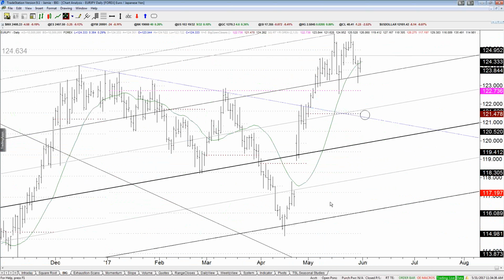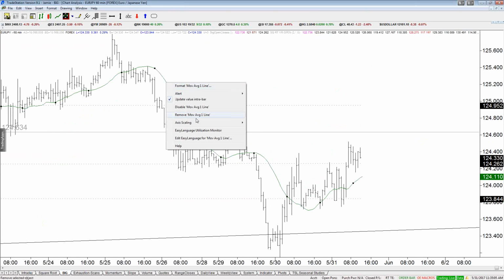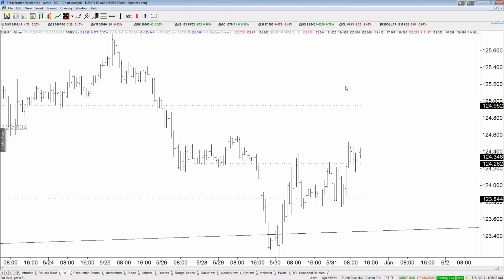Okay, so that brings us to some of the crosses. Euro yen. Look, generally, I lean towards buying euro. But right now, there's certainly some short-term possibilities for euro, right? It's in a fourth wave. That's always very difficult to deal with. So I don't mind looking at a short on something like euro yen. All right, we had this chart last night with a 1, 2, 3, 4, 5. Looking for A, B, C, it would seem pretty shallow right now as far as being complete at this point, but